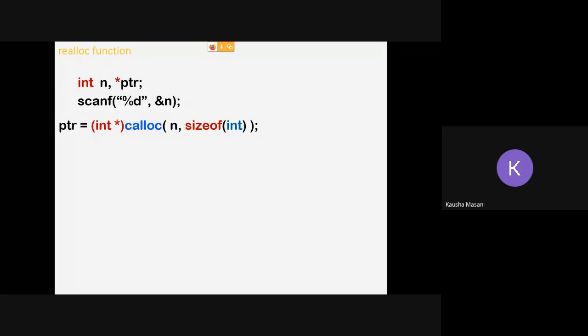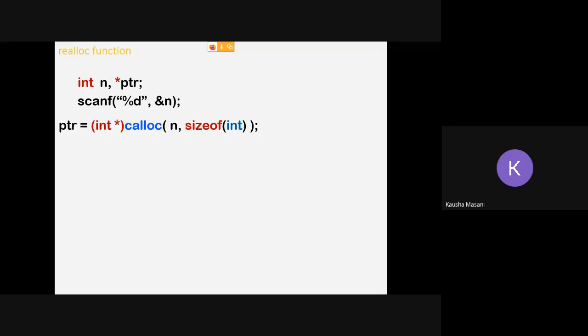So now we are seeing a bit of realloc, and then we'll go for the free function, which is the last function in this practical. We have finished with 2 functions of your DMA, that is calloc and malloc. Now pay attention here. You don't have to execute realloc. Just pay attention and get to know what realloc is.